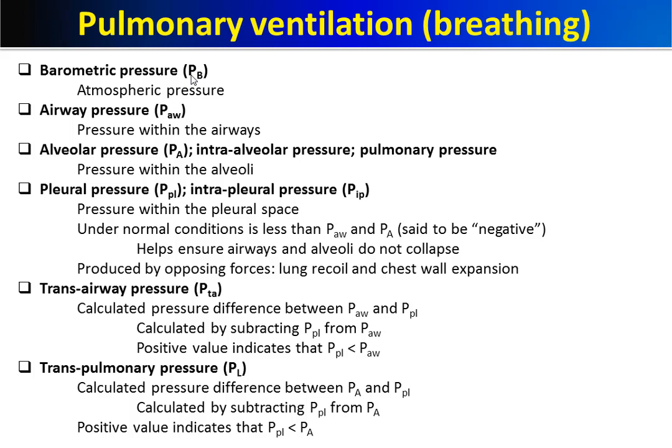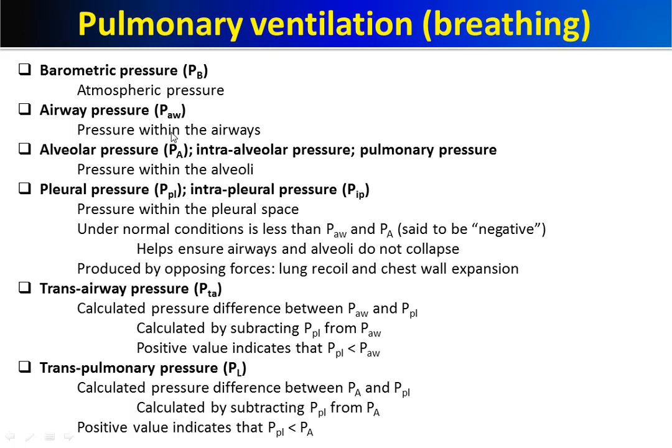If we have a container filled with mercury, and an inverted tube is put on top of this container, the mercury will rise in this tube up to 760 millimeters because of the pressure of the air on the surface of the mercury container. For simplicity, we call the barometric pressure, or the atmospheric pressure, zero pressure. Its value is not zero, but we just call it zero pressure. Its value is 760 millimeters of mercury.